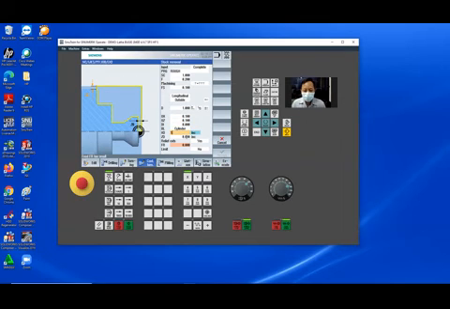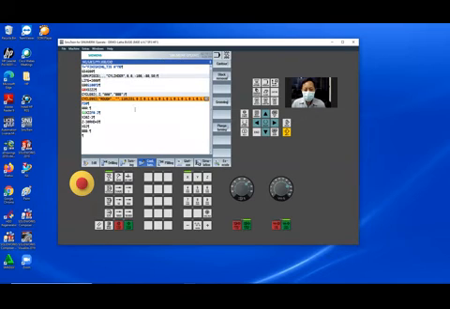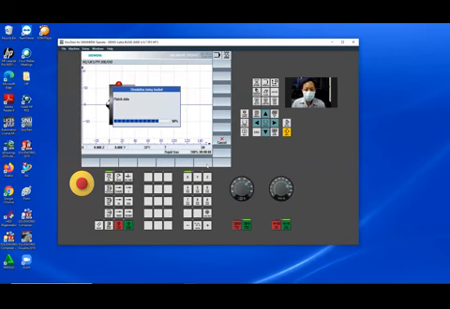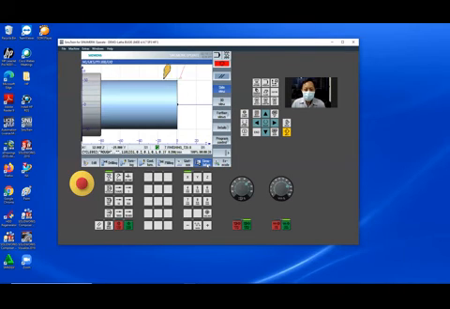This is allowance 1 millimeter. This is 0.1, relief cut. Okay, accept. Simulation. You see it.